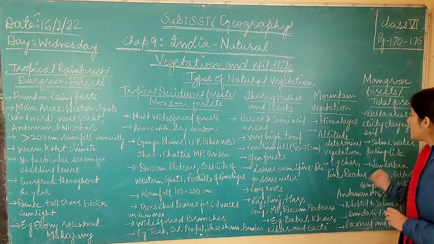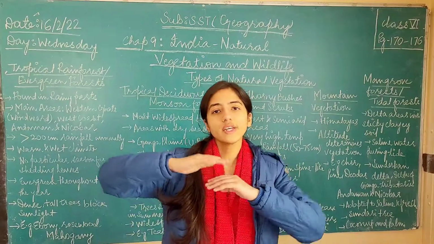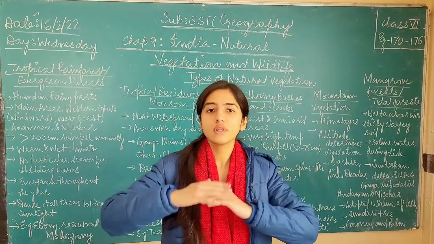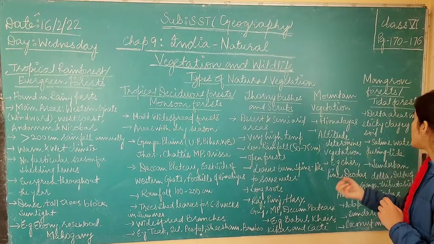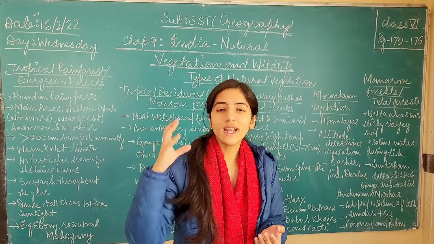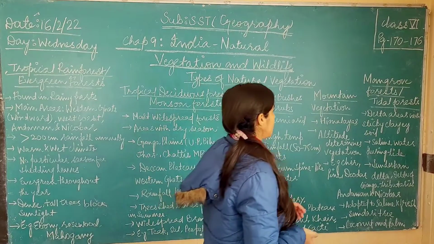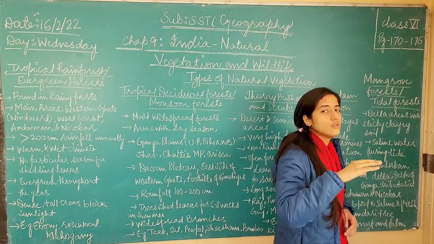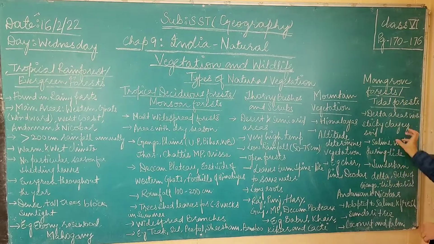During the tidal condition, what is the meaning of tide? Tide is the level of water in the water bodies. When the tide increases, that is, the level of water increases in the water body, whether it be a sea, an ocean or a river, the mangrove forests get immersed in the saline water from the tides. The water which has a lot of salt in it gets filled in these forests. That is why the mangrove forests are adapted to saline water conditions. They can exist even in very saline water which has a lot of salt in it.